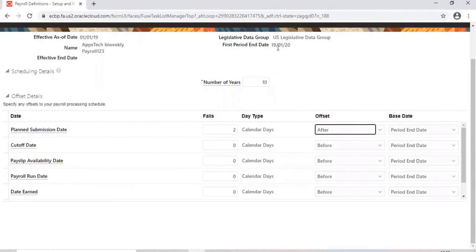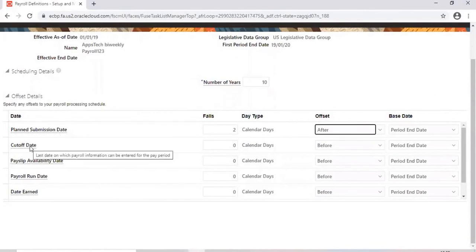If my payroll period is 20th January to 2nd February, I am planning to run the payroll on 4th February for that period. Again, this is only planned. It doesn't mean that you have to process 2 days after your payroll period ended. It is only for information purposes.